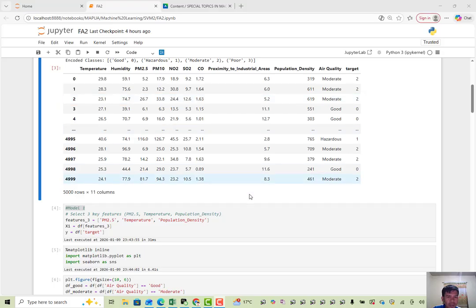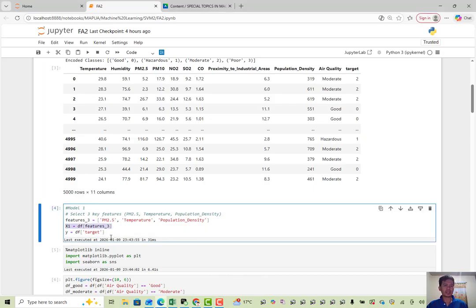For the next part, I started creating model 1. First, I selected 3 key features that I will be using for model 1. These are the selected features: PM 2.5, temperature, and population density.